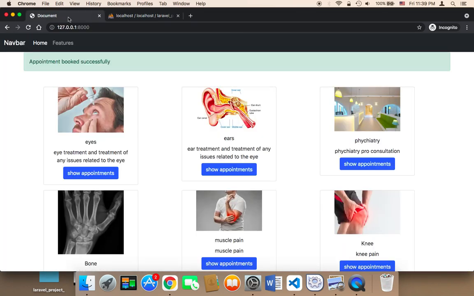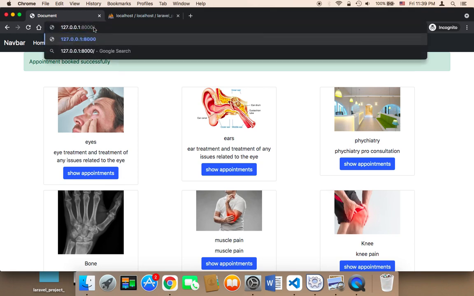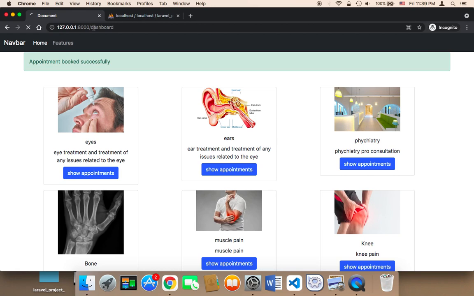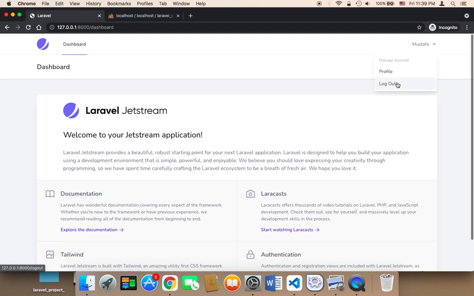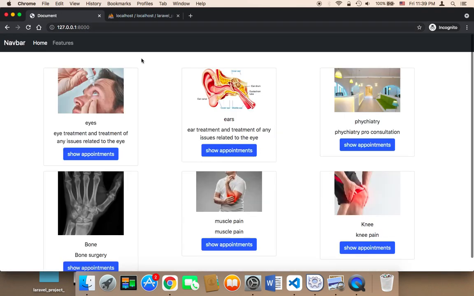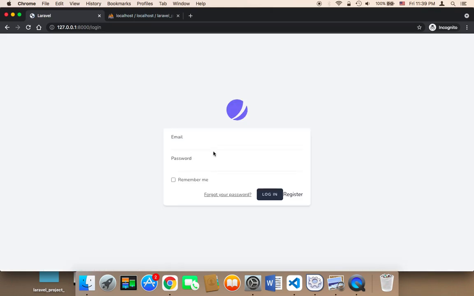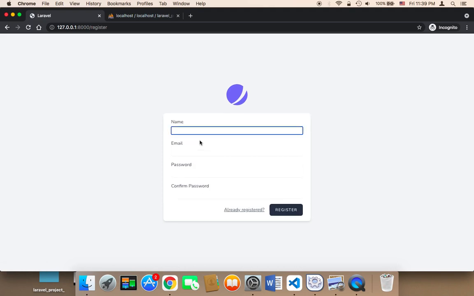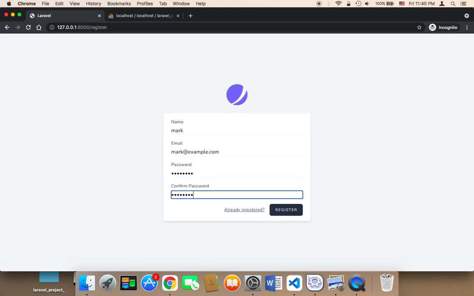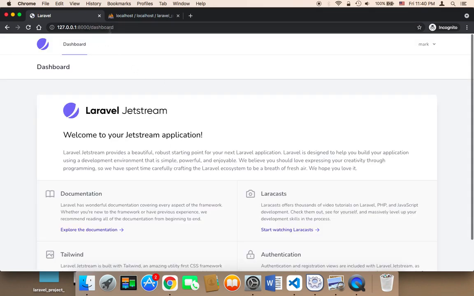So now if I log out, let me go to the dashboard, and let me log out. And I'm going to show you something amazing. If I click on log out, and if I go back to the ears appointments, I should find that if I log in with somebody else, let me register with somebody else. So if I register with somebody else's account, and if I check the appointments,